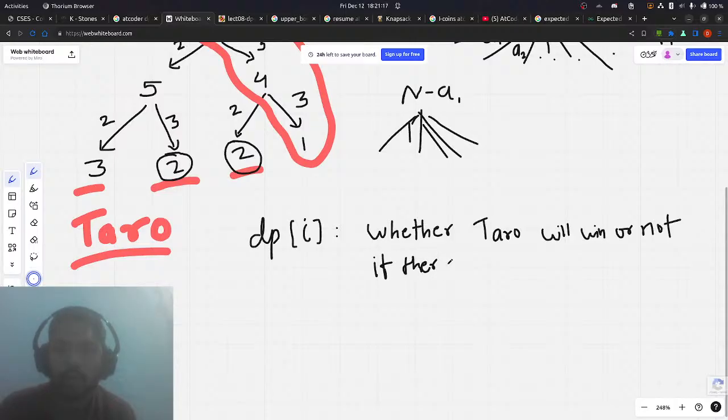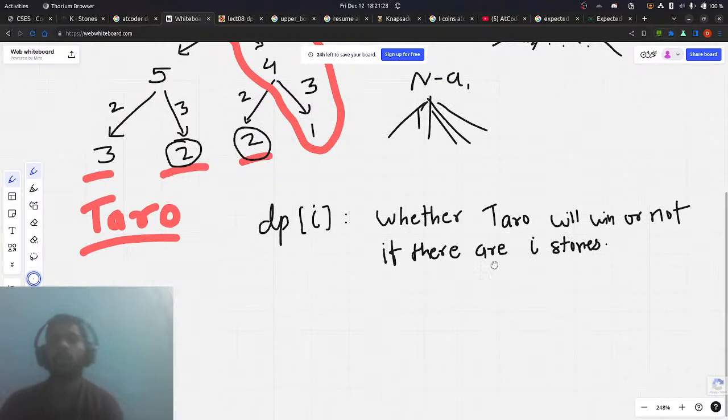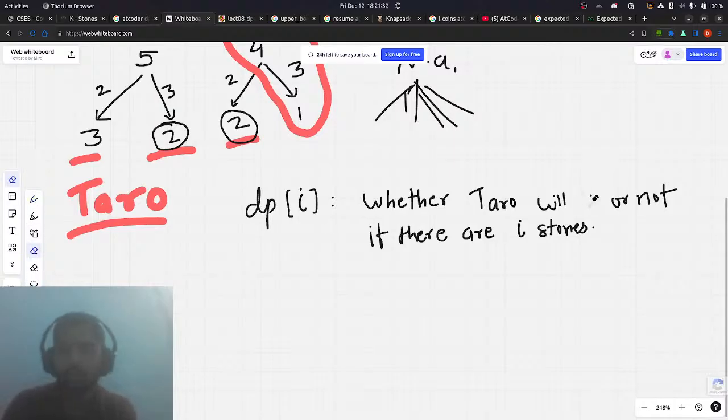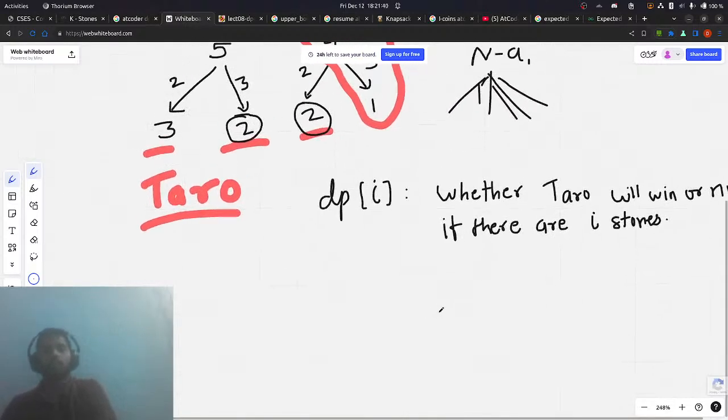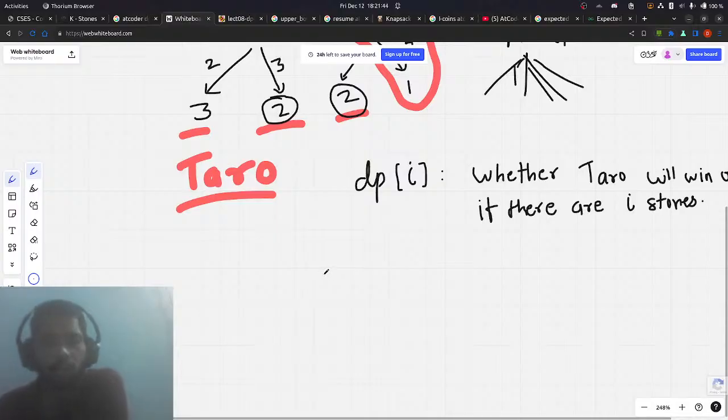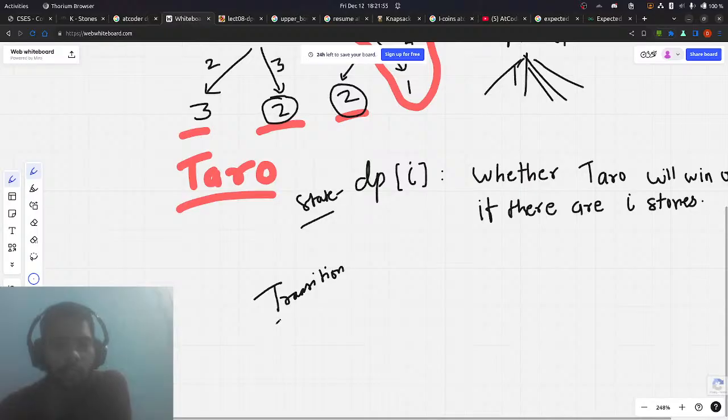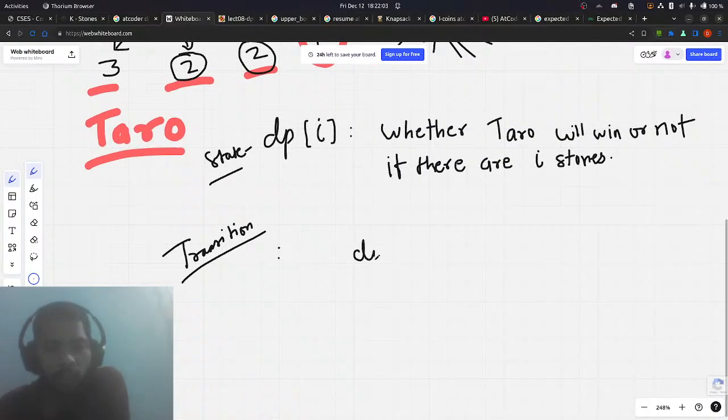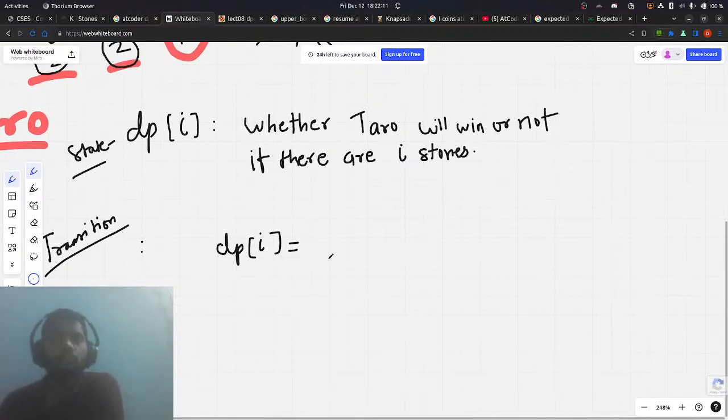if there are I stones. Something like this. And our transition, this is our state, and our transition should look something like this. DP of I is equal to